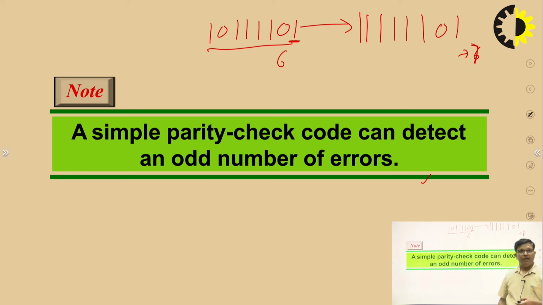If 2 bits have been changed, like for example this one, now 2 bits have been changed and we get the number of ones as 6. It means even. So the receiver understands that there is no error. There is no error. So if more than 1 bit is changed, we cannot detect